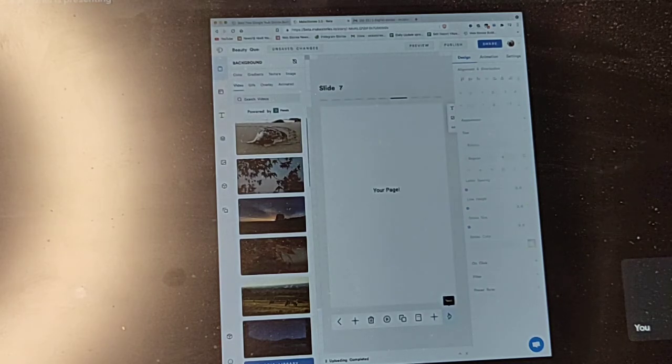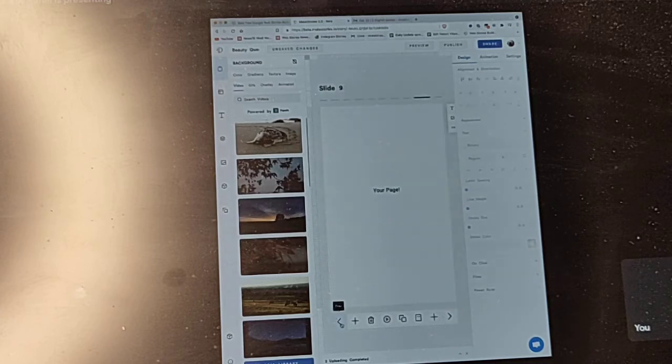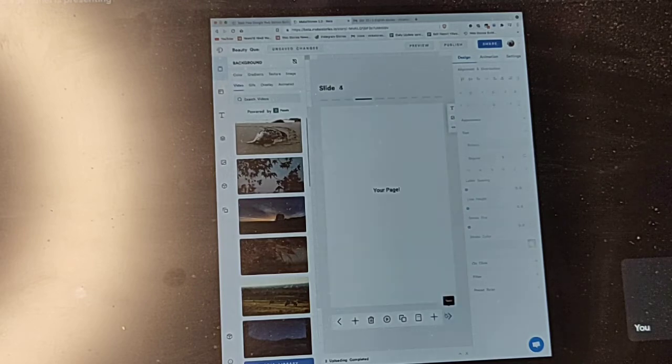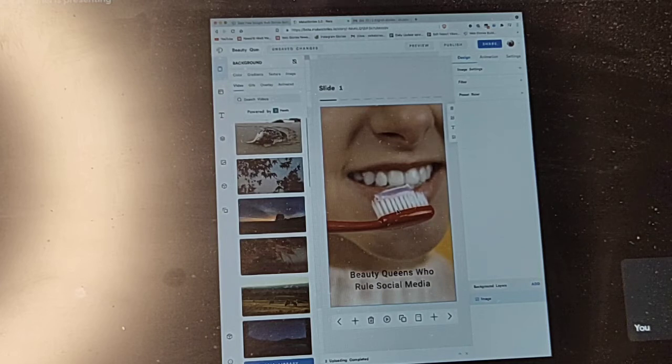Once you are done with making 11 slides, when your first slide is complete, one more thing has to be done on the first slide. In fact, every slide needs this. You select your image and there is an option of image settings.